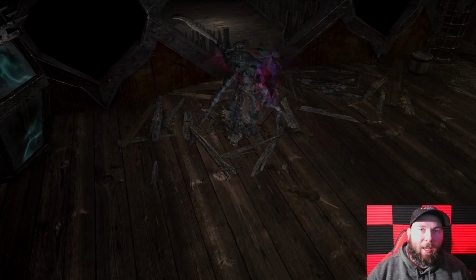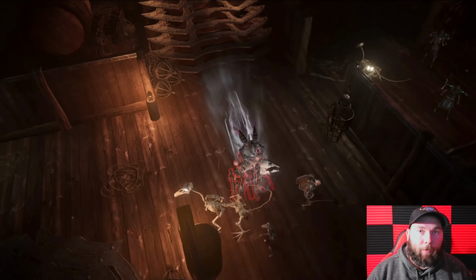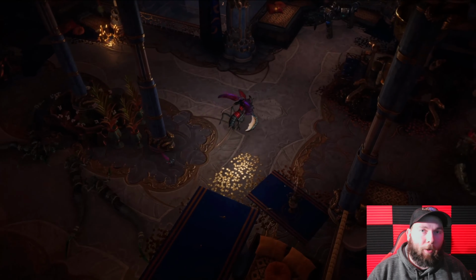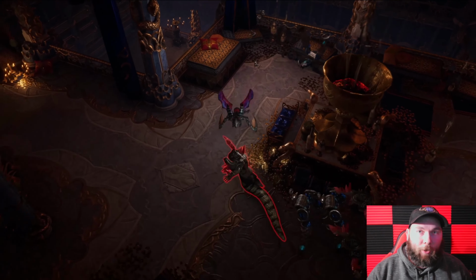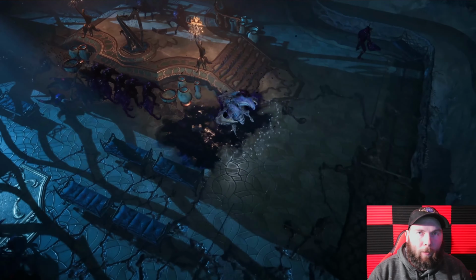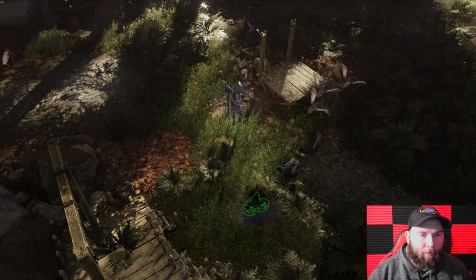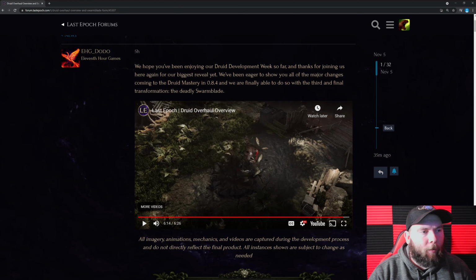Your main slashing attack will be able to synergize with the skill tree of Serpent Strike, and you won't have to wear a polearm. So I definitely see this transformation being very, very powerful with those kinds of synergies. So let's go ahead and go through the forum post and everything they had to show us today on this third transformation. Getting started, we hope you've been enjoying our Druid development week so far, and thanks for joining us here again